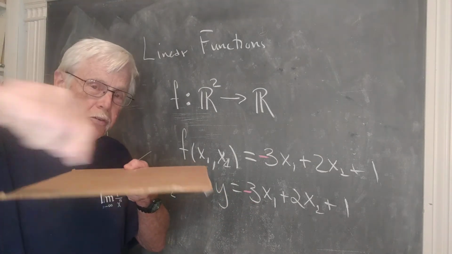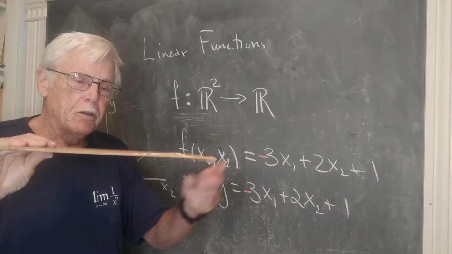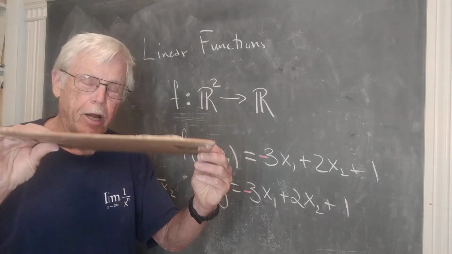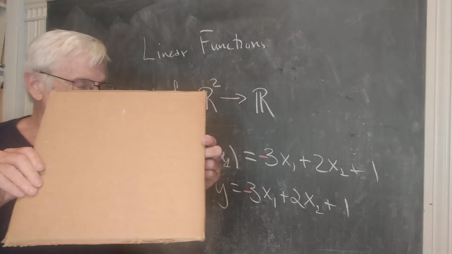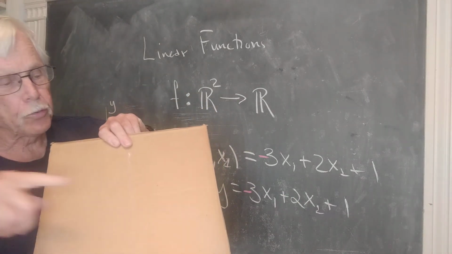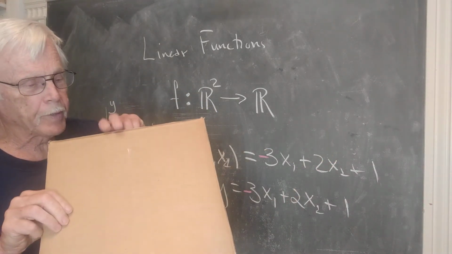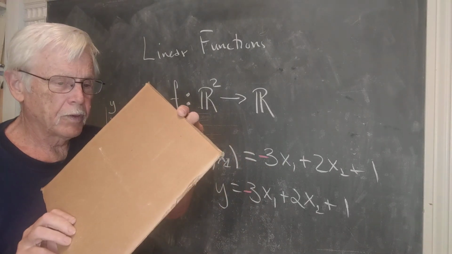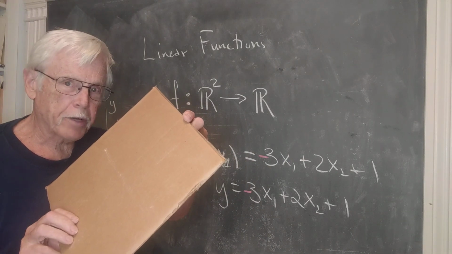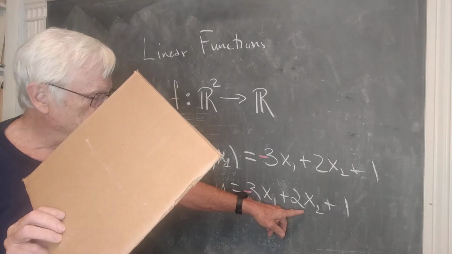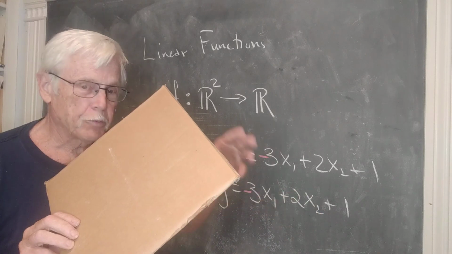Now the x1 direction is coming right out at you, so I'm going to slope it 3 units in that direction. If you are in an airplane, this is called pitch. And now I'm going to slope it in the x2 direction. Now the x2 direction is this direction. I'm going to slope it in that direction 2 units. So this is now the correct pitch and yaw of the graph, and now I have to move it up